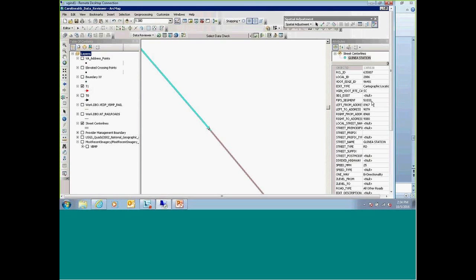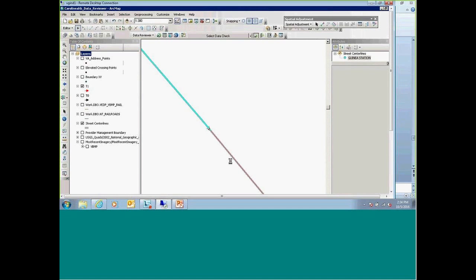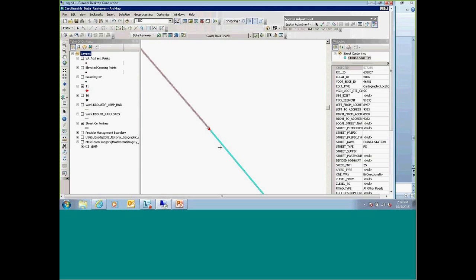Another thing that I've run across is that a locality will split it, but they will not adjust the ranges. That's another inconsistency that I have noticed. But the nice thing is, when I get a new set of data in and I run the batches for address range changes, it will pick it up. So it's not like they've forgotten or didn't do it. You just get it on the next flow, which is nice. So I can go ahead and make those adjustments.